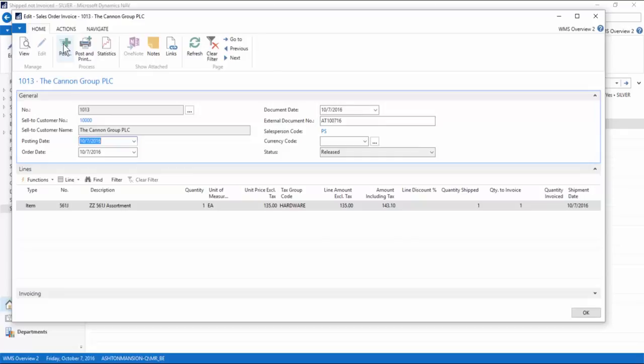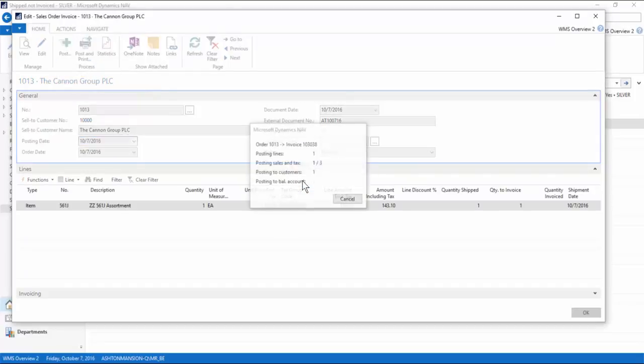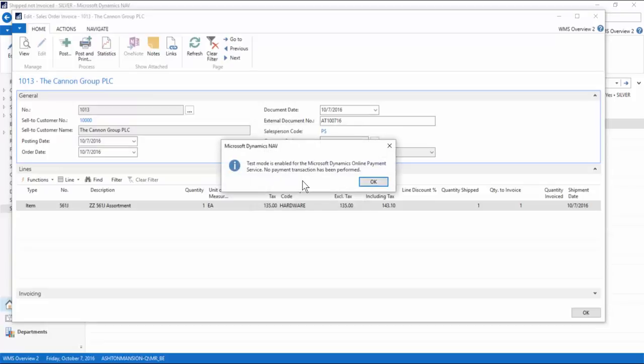And so now I would click post, or in reality to create the physical invoice I'd click post and print. When I click post, it's also going to charge the credit card. Thankfully I'm in test mode, and so I'm not actually going to use my real credit card because that would be very expensive. So now I can click OK,